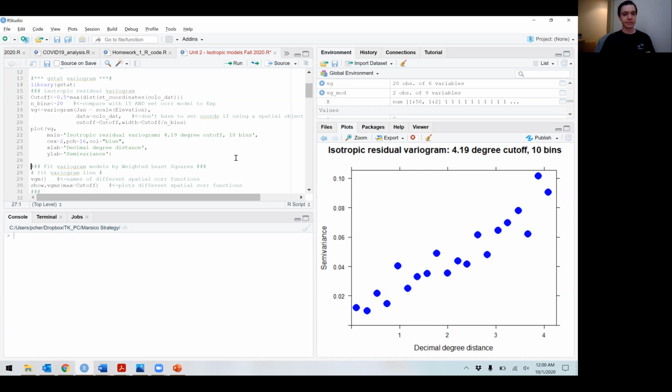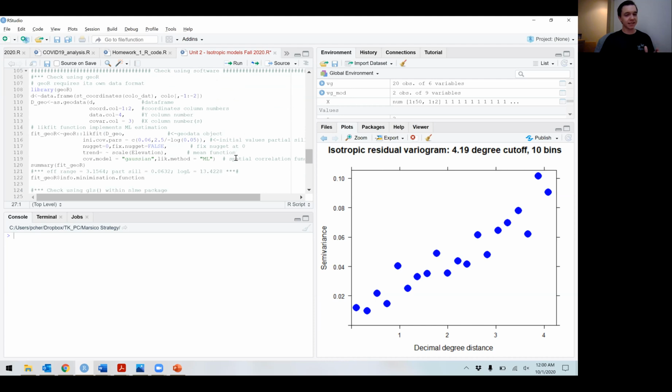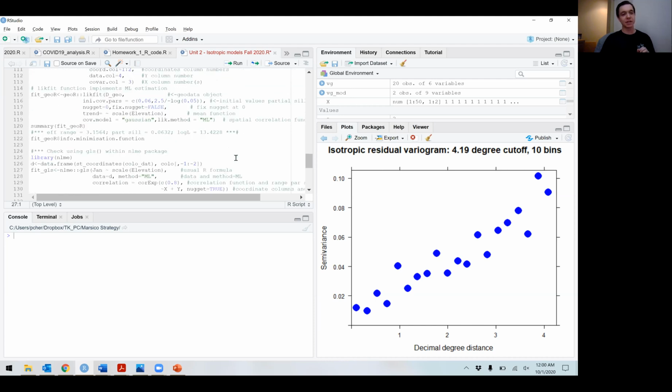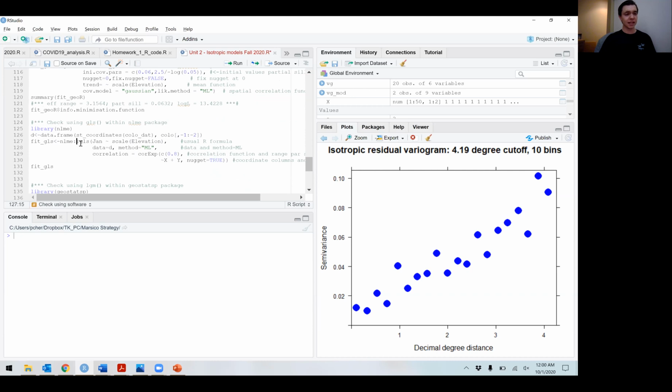Okay, let's move on to a different R package. And with spatial analysis, when you move on to a different R package, oftentimes you move into a different world. This is called GLS, for generalized least squares. It comes to us from the nlme package. The good news is it works with a good old data frame. All we need is a good old data frame where we have, if you look at my data frame,